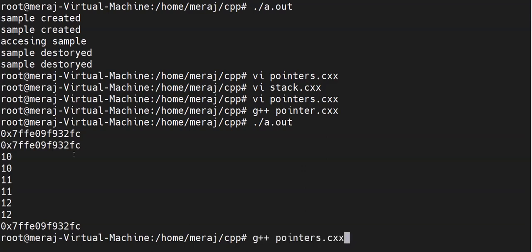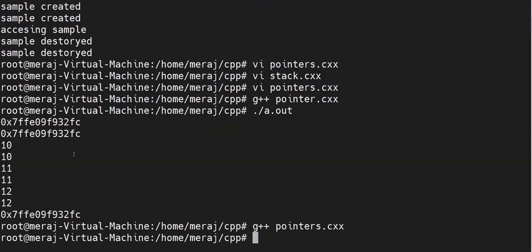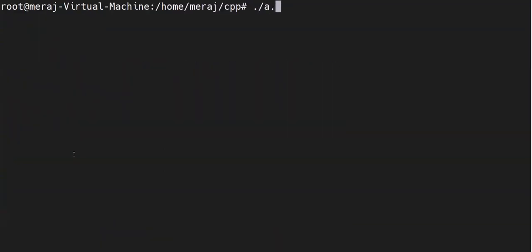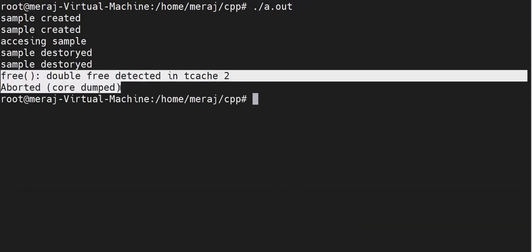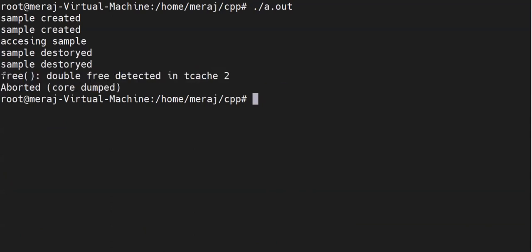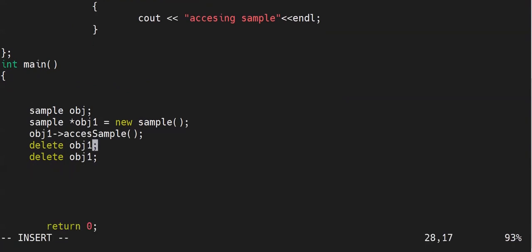Sorry, I compiled the wrong code. Let's run our program now. See, if you try to delete an already deleted object, your program crashed because you tried to delete that object twice, double free detected. Now you have to be careful when doing such things.